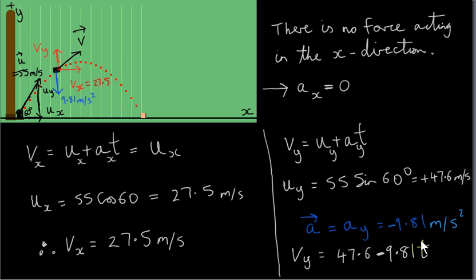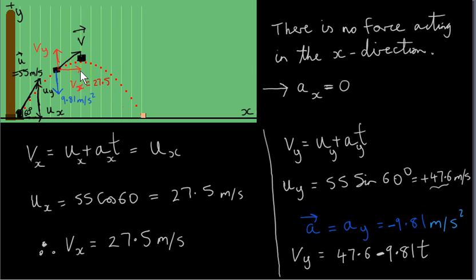So at T equals naught, Uy is 47.6, but as time goes on, this number will decrease because of this minus sign, and that's what we want. So the force pulling the object to the Earth causes the y component of the velocity to decrease,